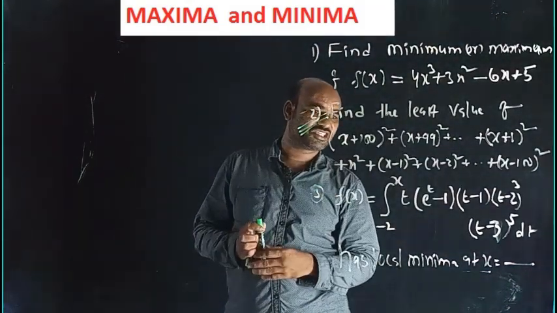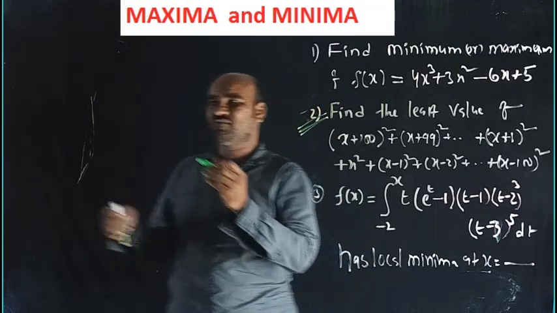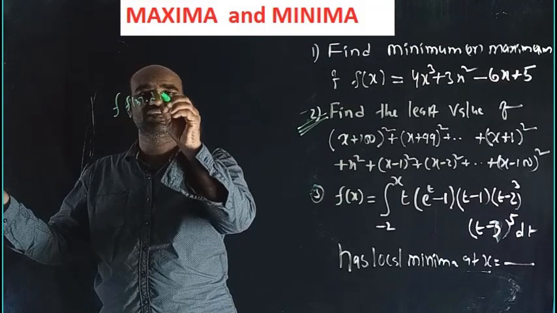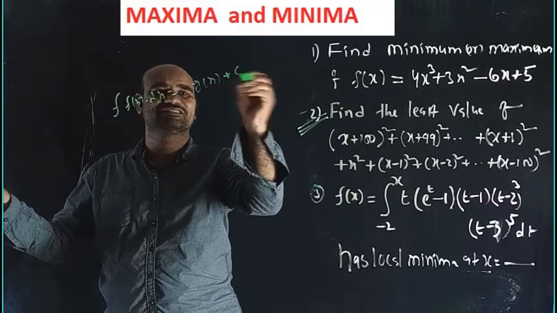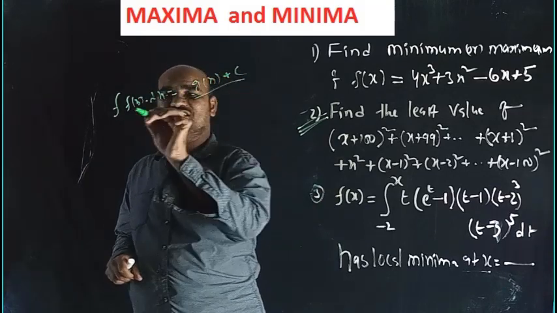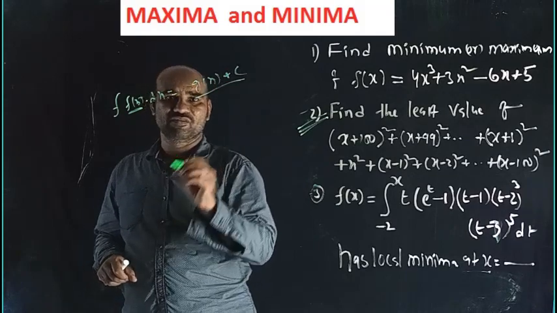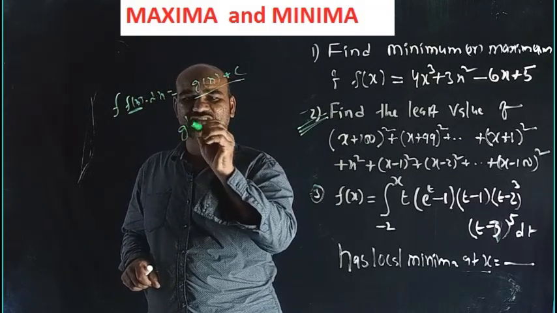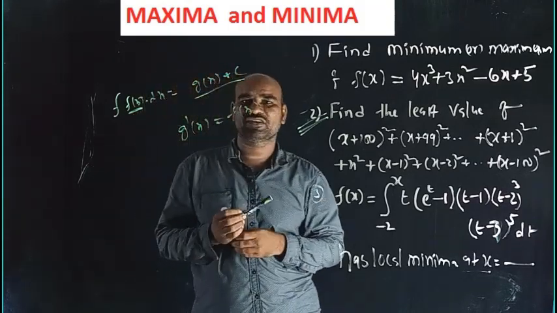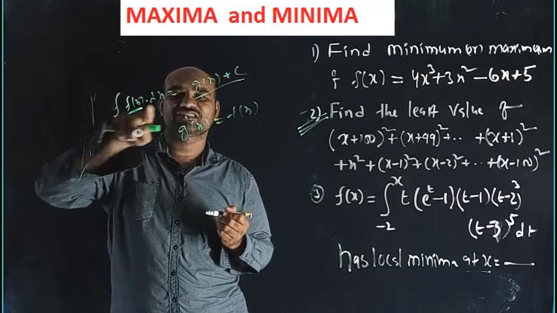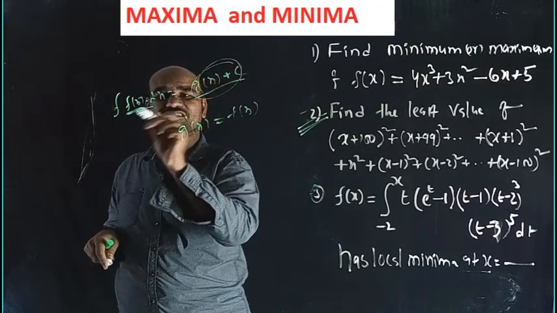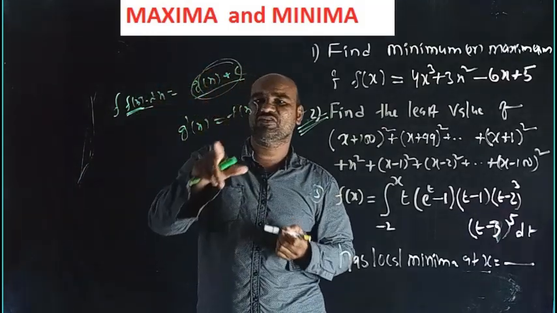Third problem is somewhat interesting. Integration concept is there. Observe here. Integration of f of x dx equals some g of x plus c. The meaning of this is that the derivative of this function is this: the derivative of g of x plus c means g dash of x only. g dash of x means f of x. Integration is the reverse process of differentiation. The integral of f of x dx is, for example, g of x plus c, some constant. The derivative of this function is this. That's why the derivative of g of x plus c, g dash of x, equals f of x.